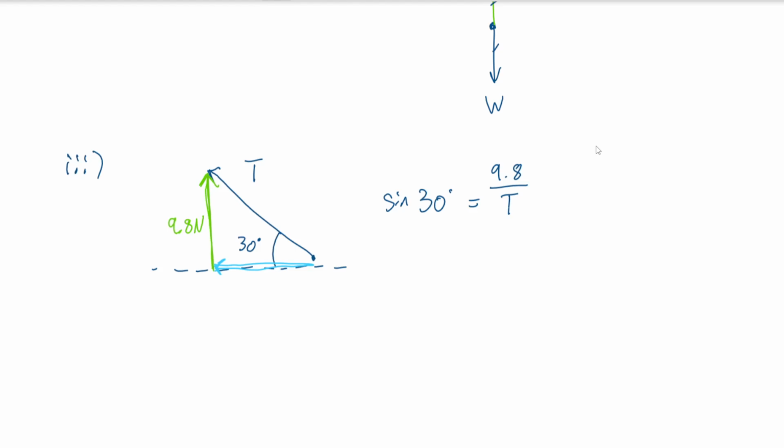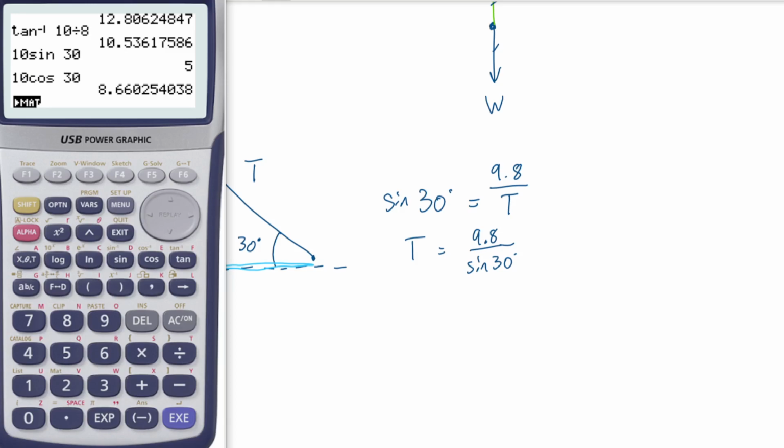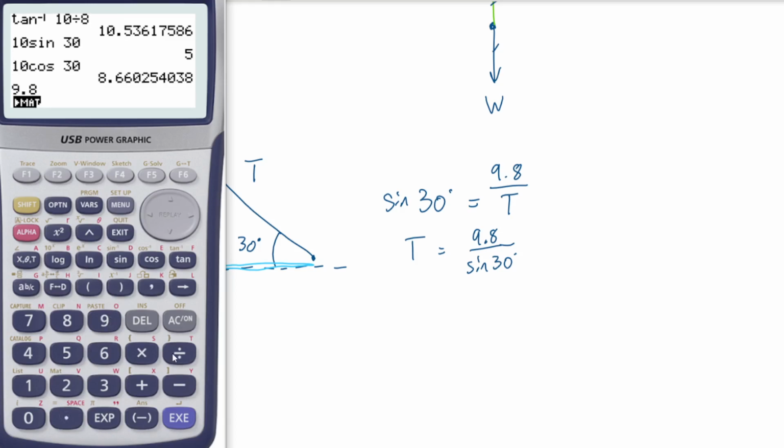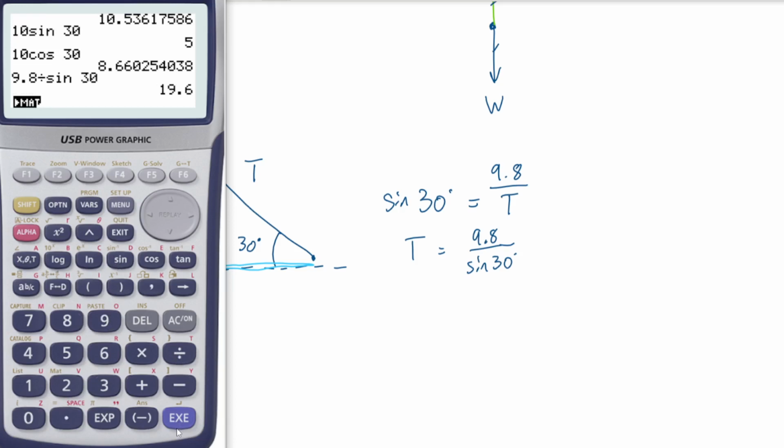Now rearranging for T, we'll multiply by T, and then divide by sine 30. So the tension force equals 9.8 divided by sine of 30 degrees, which is